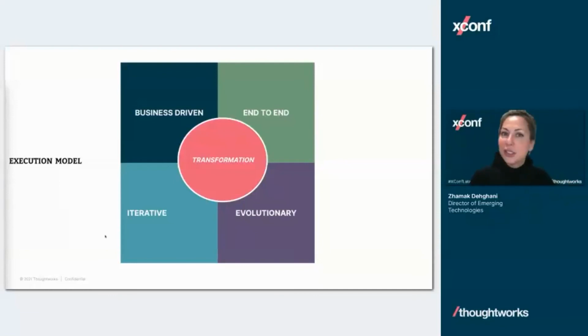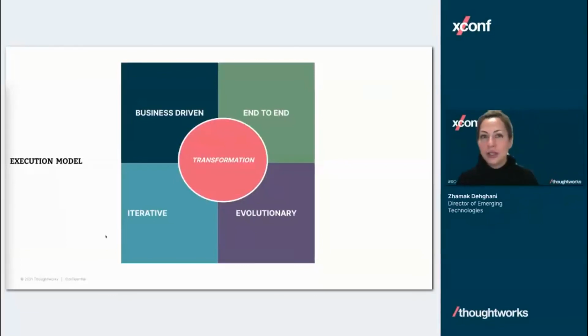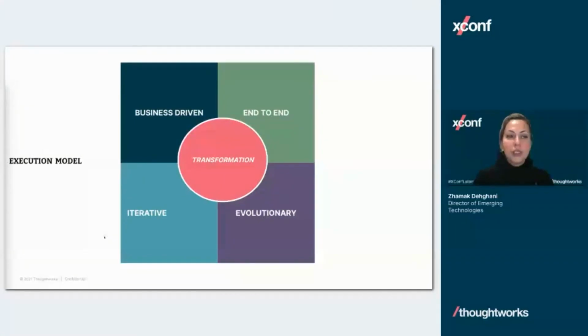I wish it was, but it really isn't, because it's about solving the problem of data sharing at an organizational level. Although you might start with one part of your organization, you still want to understand the bigger picture. So the execution model, I think this is really how ThoughtWorks operates. We love to start with a business and a business problem. We want to do that in an iterative and evolutionary fashion, maturing the platforms or the services we build, and make sure our solutions are always end-to-end, every iteration.